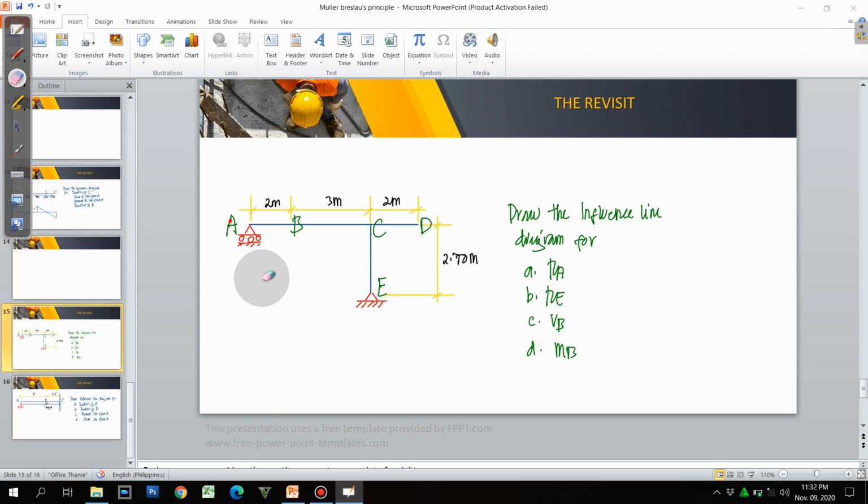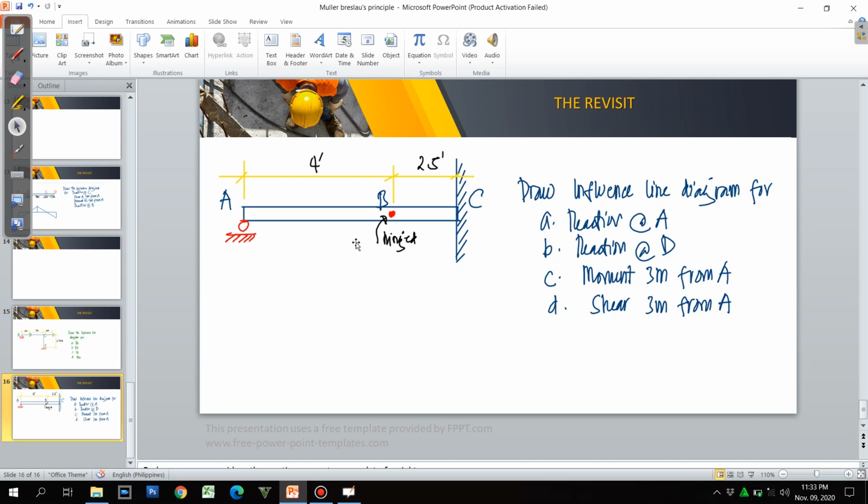So this is the first problem. We are going to draw the influence line diagram for RE, shear at B, and moment at B using the Mahler-Breslau. First problem, and for the second problem,